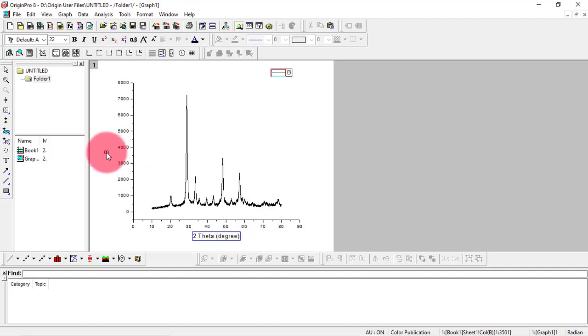Now you can also double click the Y parameter and write intensity, and I am giving it some arbitrary unit.